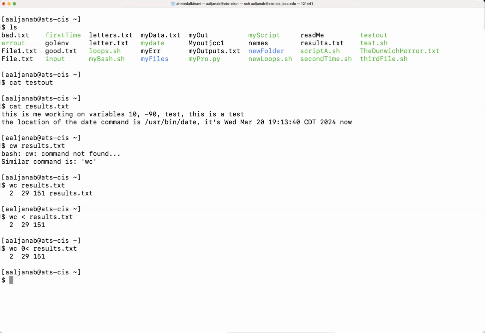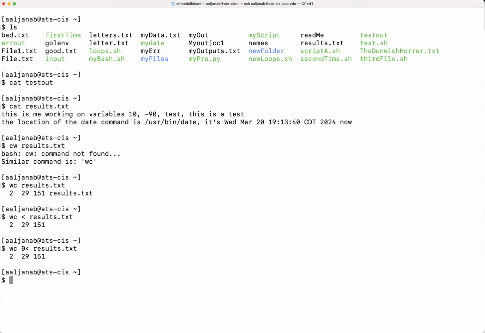But the question is, what if there is an error? Like, for example, you're running a command, and the command that you're starting with simply will produce an error. Then that error message, if you think about it, should be used as an input for the other command. But that's not the case. It doesn't work that way. You would not send that standard error message as an input for the next command. But the question is, what if I actually want to do that?